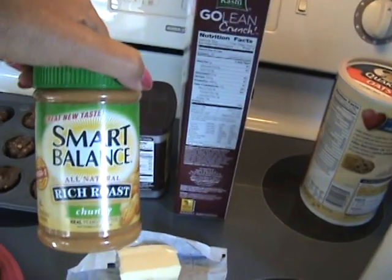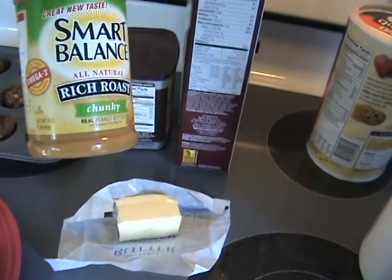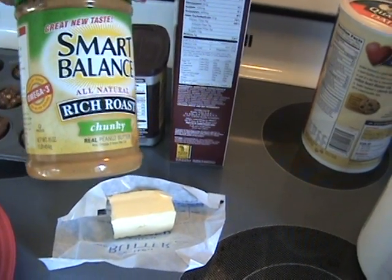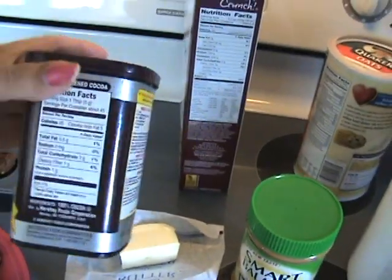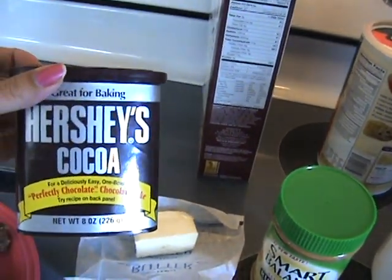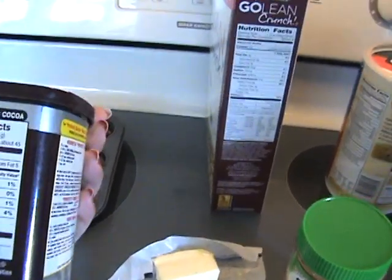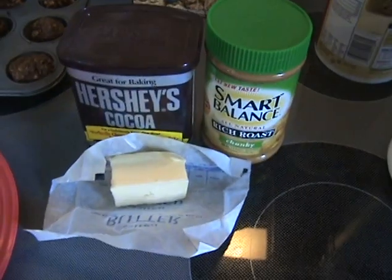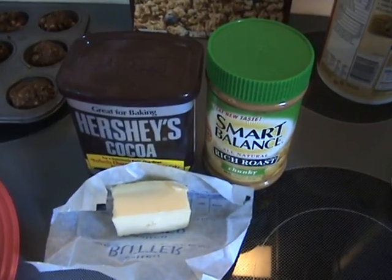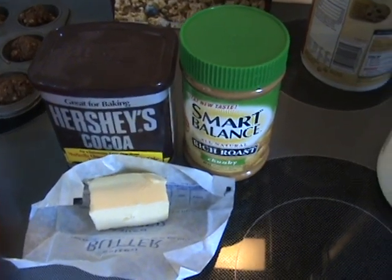I got the Smart Balance all natural chunky peanut butter, and I used half of a jar of that, which is 8 ounces. And cocoa, I used 1/4 of a cup of Hershey's cocoa. Who knew there was protein in it? There's 1 gram of protein in every tablespoon. So I put these 3 ingredients in a pan and brought them to bubbling, and then I pulled them off the heat, and I added